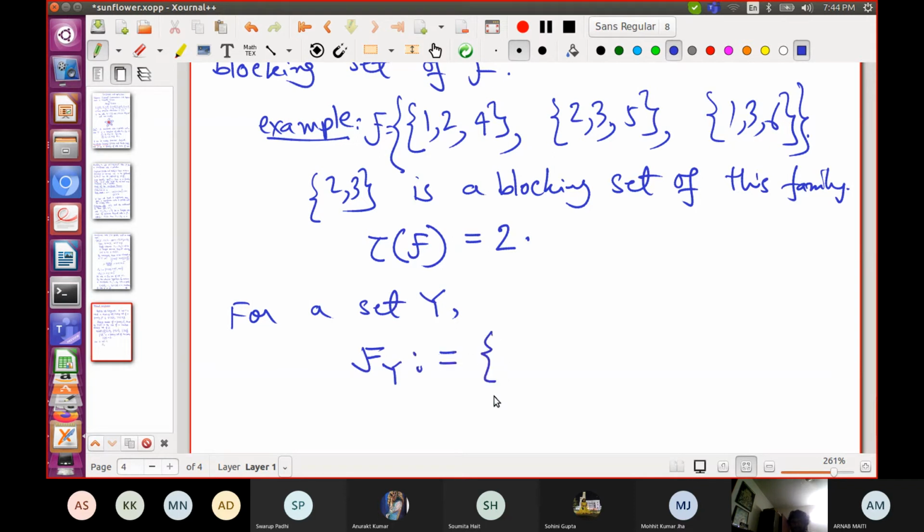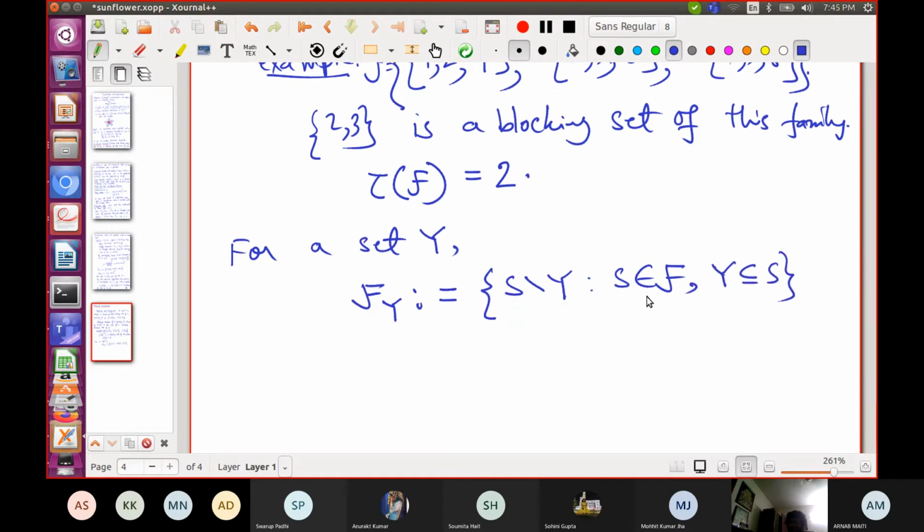We have already used this notation in the proof, where we wrote F sub X. You look at all sets S in the family such that Y is contained in S. So you take all those sets and then take Y out of each one of them. Call that family F sub Y.